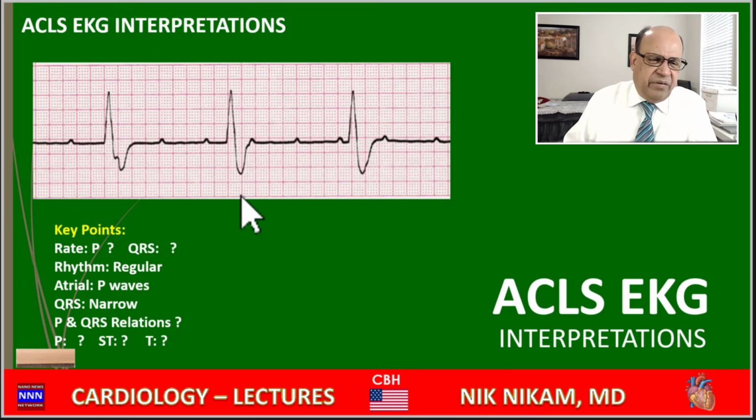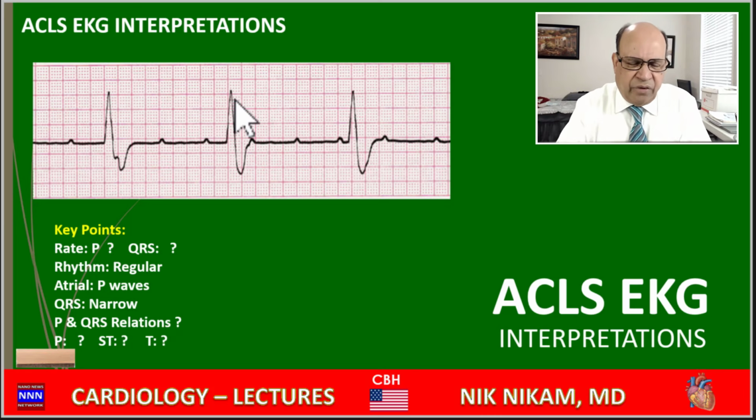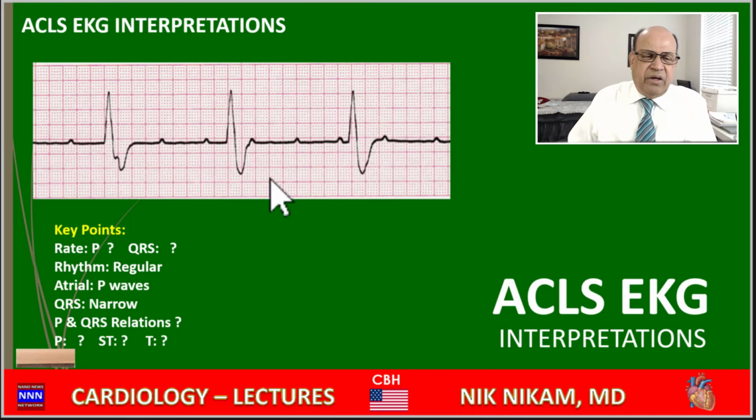Okay, here we have a very slow heart rate, 32 to 34 beats per minute. The QRS complexes are pretty wide, which suggests we are dealing with an idioventricular rhythm. And here we have the P waves which are marching along without being bothered by the QRS complex. And this is an example of a complete heart block. In addition to that, this patient also has a significant intraventricular conduction delay.